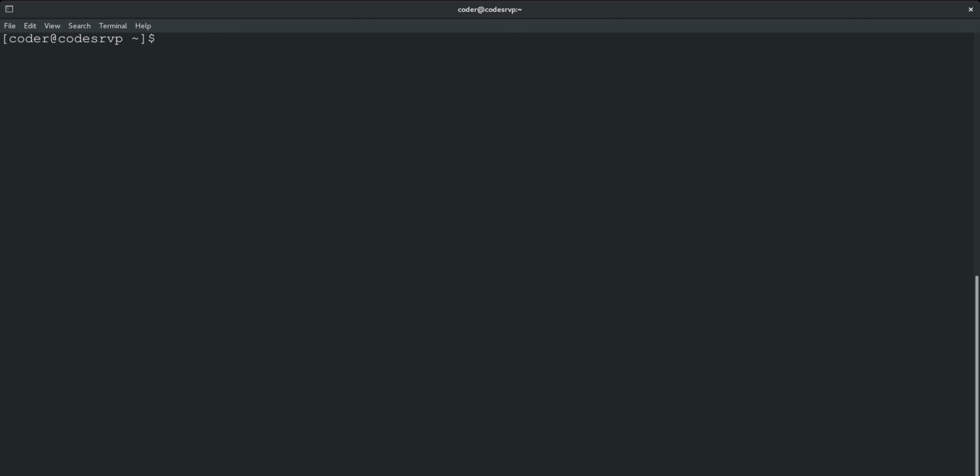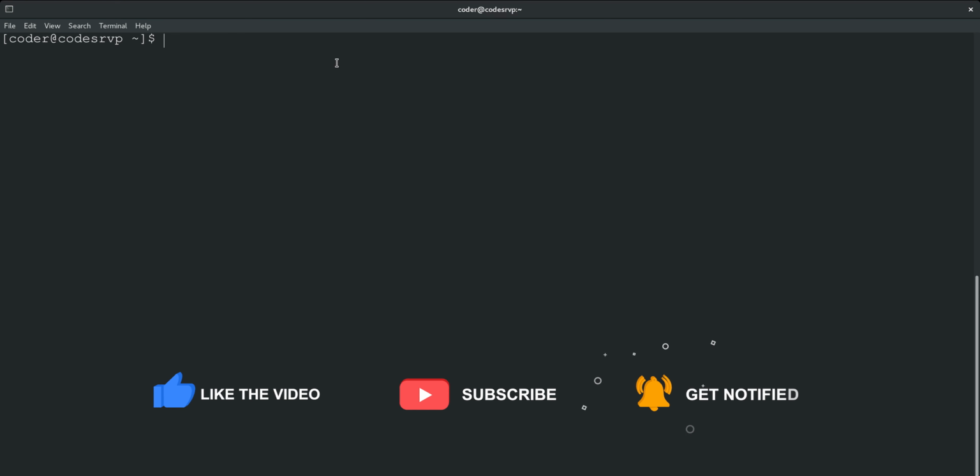So these are the commands we need to install Docker on Ubuntu and CentOS. My recommendation is, if you are using a virtual machine, then keep the Docker service enabled by default and give the current user access to the Docker group. If you are installing it on your personal machine, then keep the Docker service disabled by default, and whenever you want, you can enable it or start the service. At the same time, don't add the user to the Docker group. Every time you use a command, use sudo.